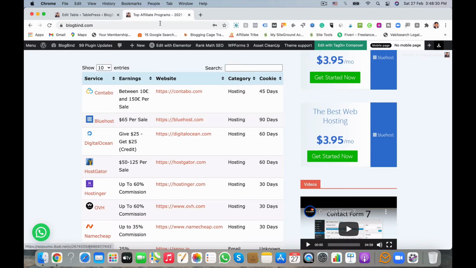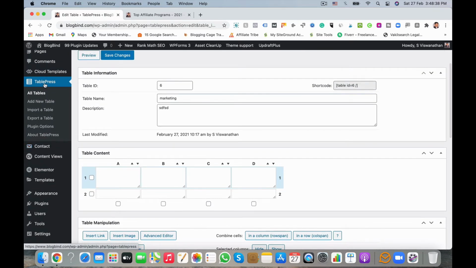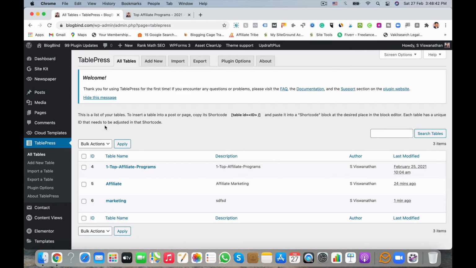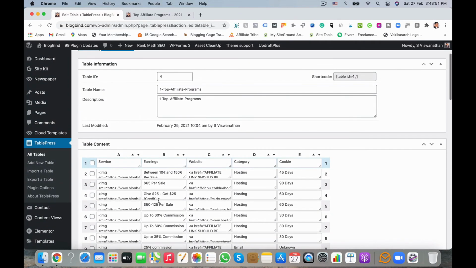So for this, in my old table, edit, right here these values I have created.